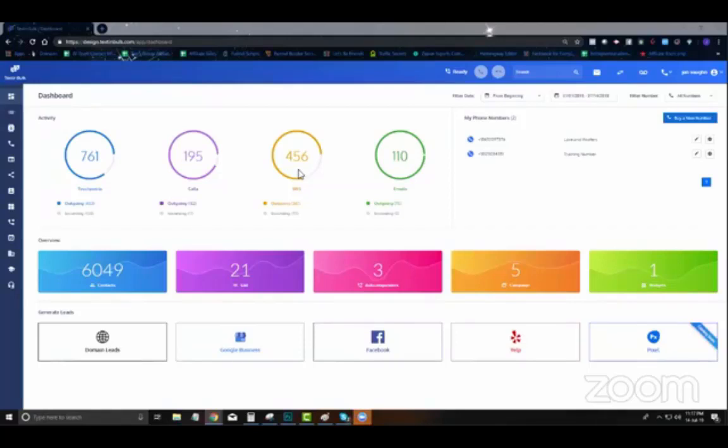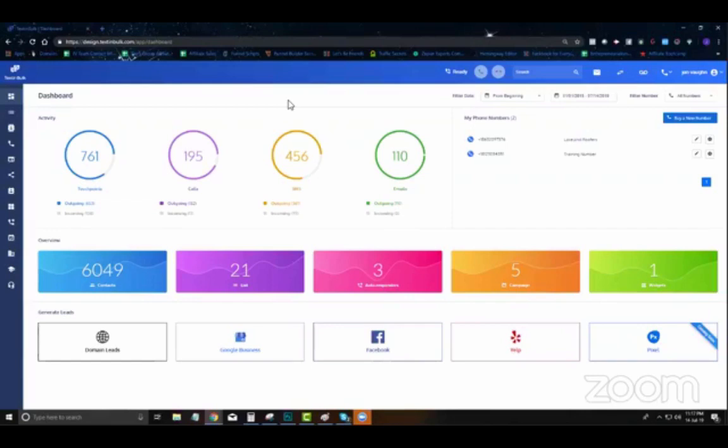All right, so I'm going to give you a full overview and show you inside the entire platform now that you've got to see just a couple of the different features and how it works. All right, so this is a full overview inside the actual platform. Here you can see the dashboard, and inside the dashboard, you're just going to see all the different touch points that you've had for any particular phone number that you have during any particular length of time that you want